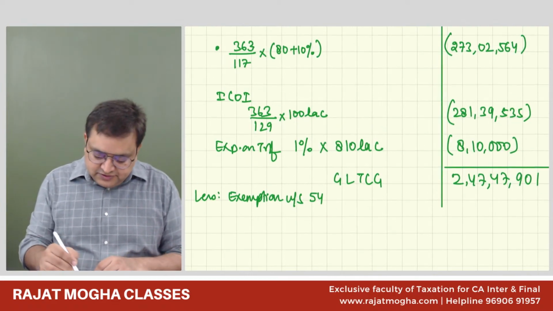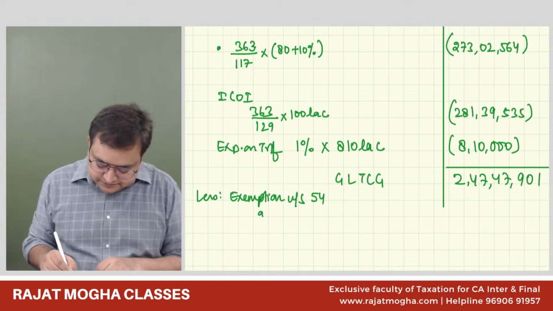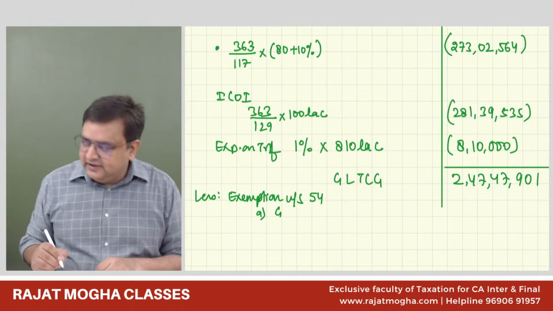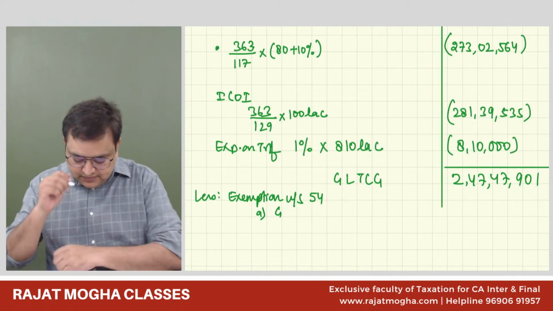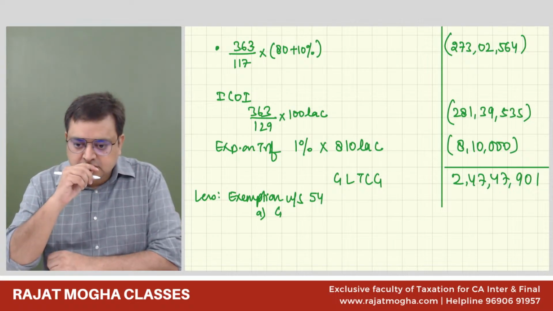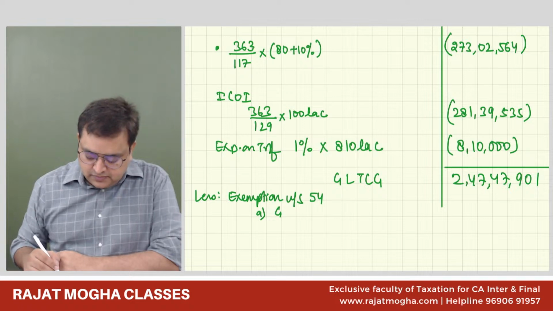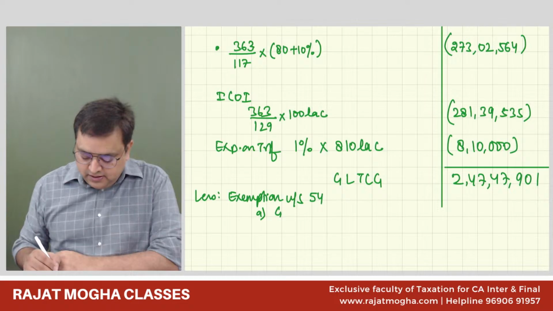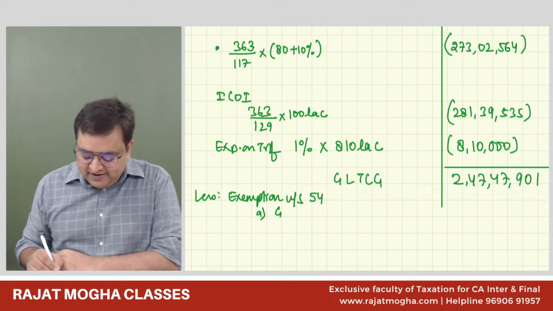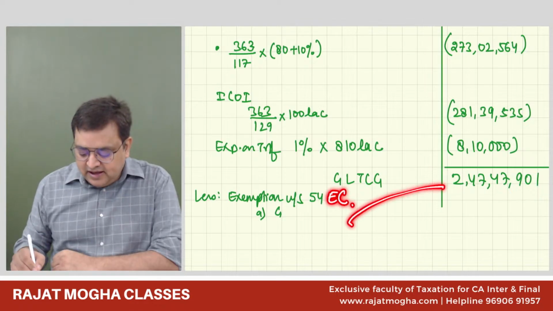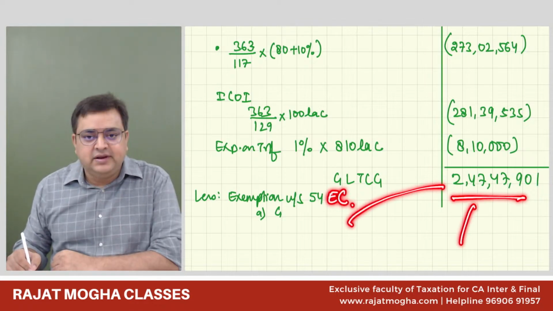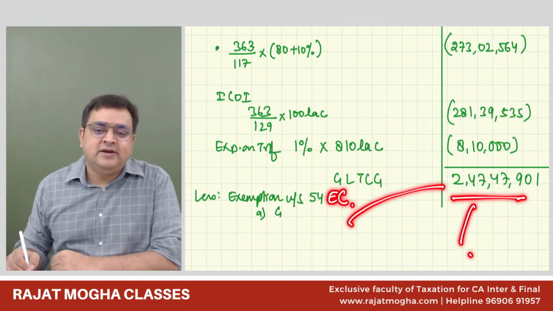So how much is the exemption under section 54? Sir, I have doubts, sir. Yes, please. Can we do first the exemption under section 54EC? Then our capital gain comes below 2 crore. Then can we claim for 2 houses? Okay. So Bala is saying, sir, can we give exemption under section 54EC first, and our capital gain will be reduced to less than 2 crores, and then can we take the 54 exemption?